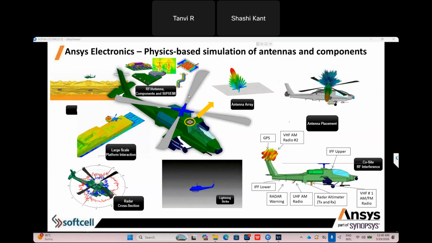So as a summary, we captured the structural things, we captured the aerodynamic things, we captured the acoustic, we captured the electronics. And honestly, these all can be coupled easily. So then you can replicate a realistic scenario as accurately as possible.